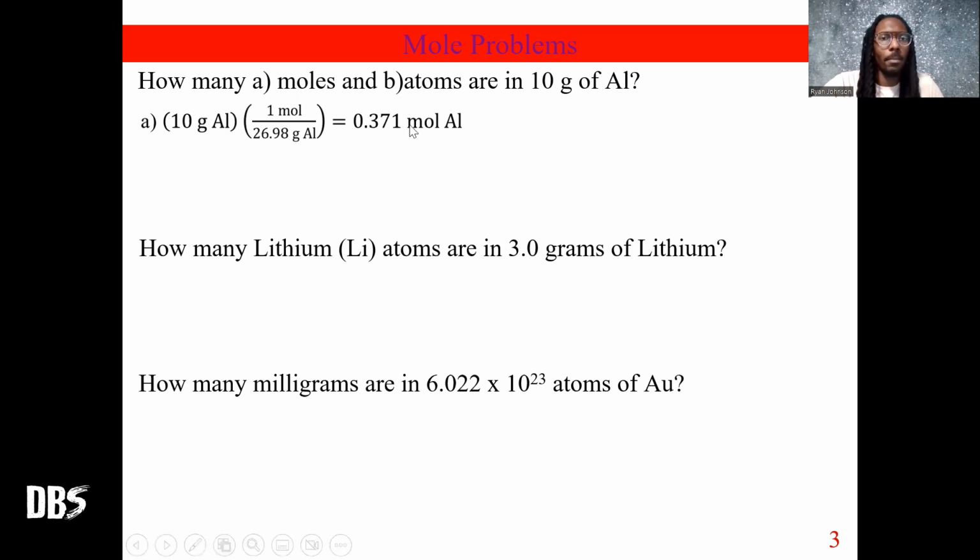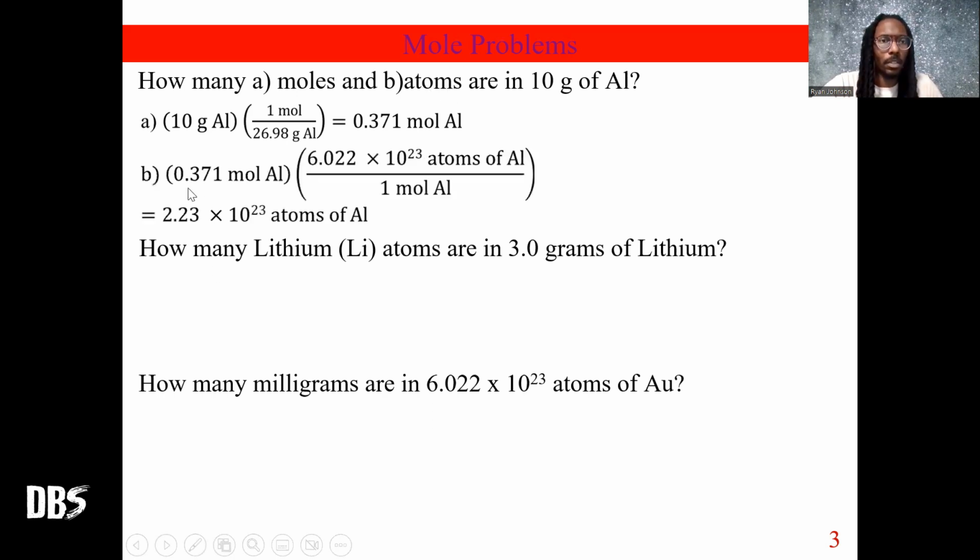Now that I'm in moles of aluminum, how do I get to atoms? How do I get to atoms? I'm going to do this. So now I'm in moles of aluminum. I'm going to use that to convert to atoms of aluminum. And I'm doing that by using Avogadro's number. As mentioned before in the previous slide, we said that 1 mole, right, is equal to 6.022 times 10 to the 23. So in this case, 1 mole of aluminum is equal to 6.022 times 10 to the 23 atoms